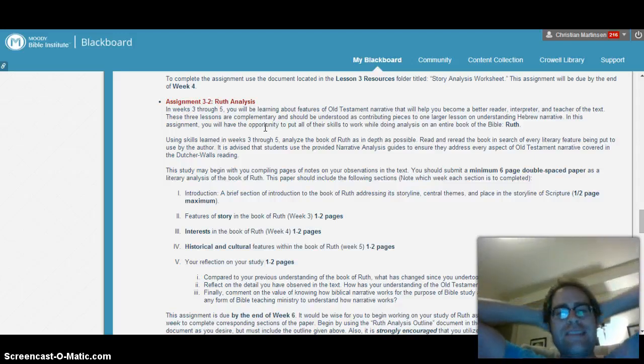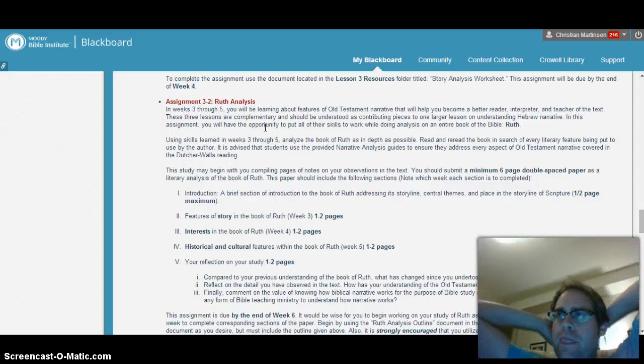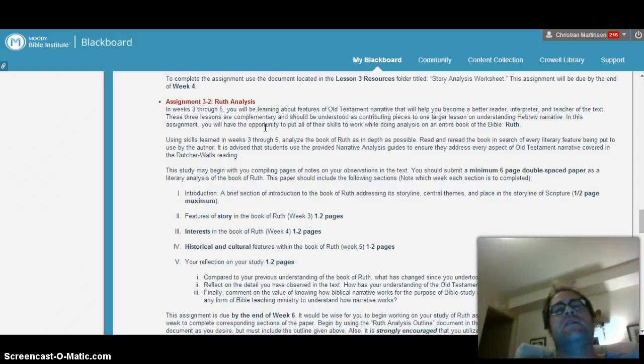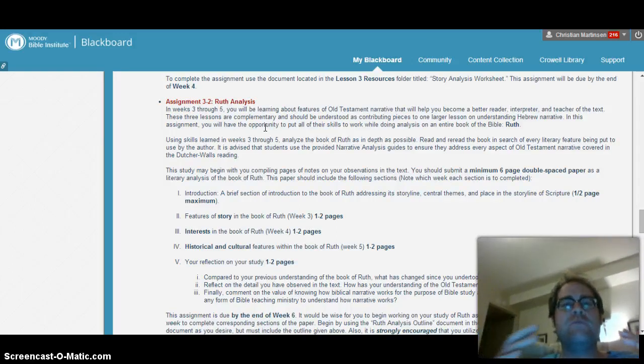Ruth, my friends, is a fantastic book for more than one reason, but it's often studied in Bible school and seminaries because it covers so many key elements of Old Testament narrative, and it's in a nice, concise, and manageable book where you can do the entire book as a single study relatively easily, and it picks up on so many rich things, and it utilizes so many skills when you do a study on Ruth.